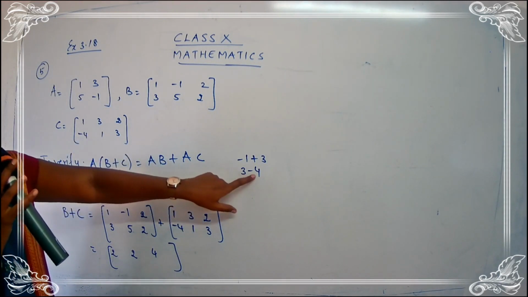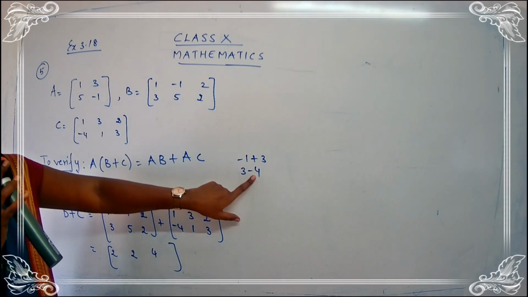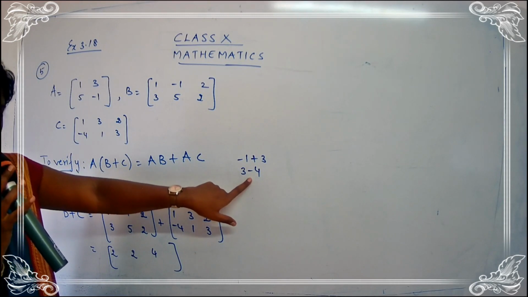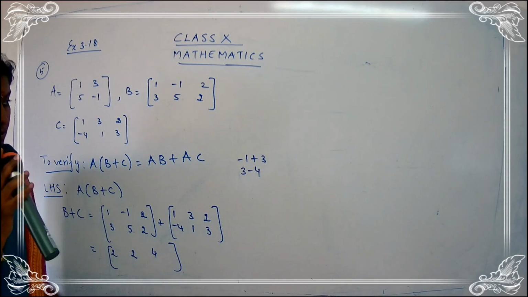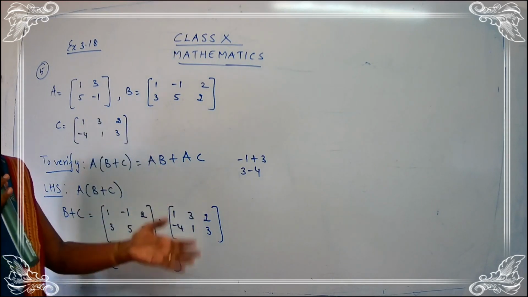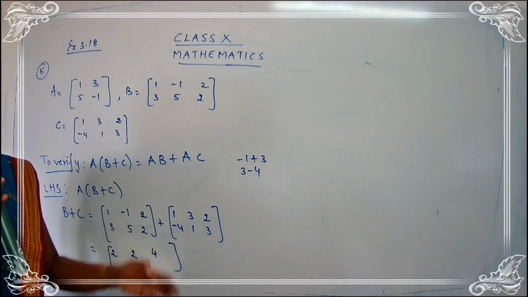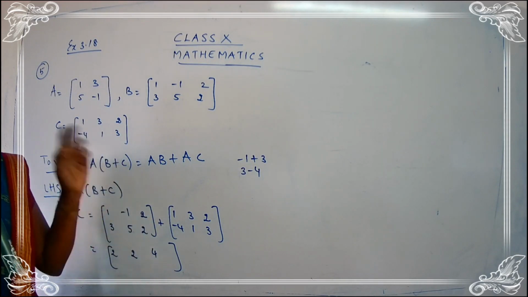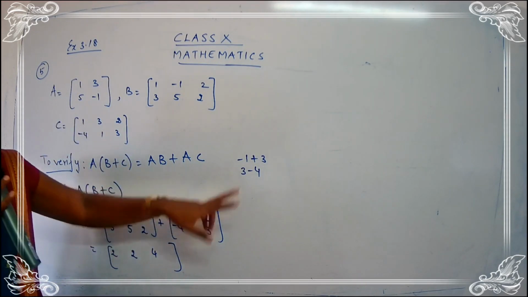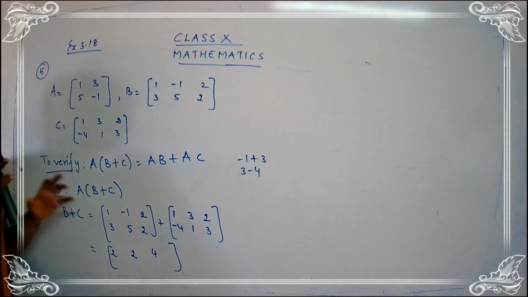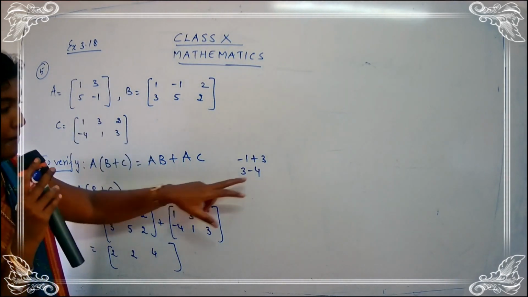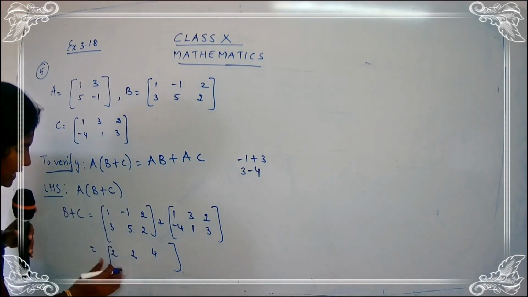Okay. Which is a bigger number here? 4 is a bigger number. What is the sign of 4? Minus. So what is the answer? Minus 1. Yes, so you can do this directly. I am just teaching you once again so that you are clear and fixed in your concept. So 3 minus 4 gives you minus 1. Be careful, always write down the sign of the bigger number, minus. So this is minus 1.